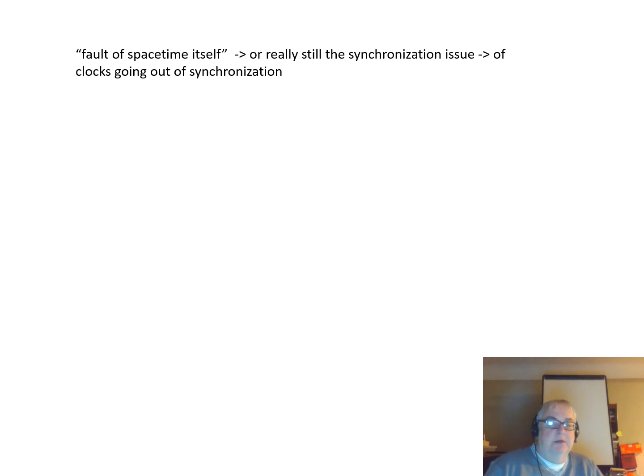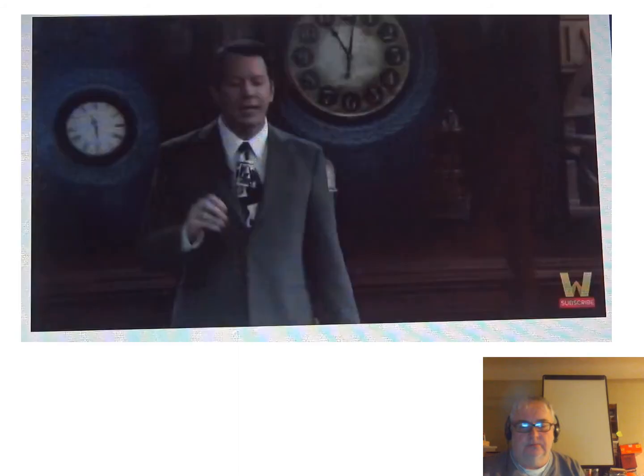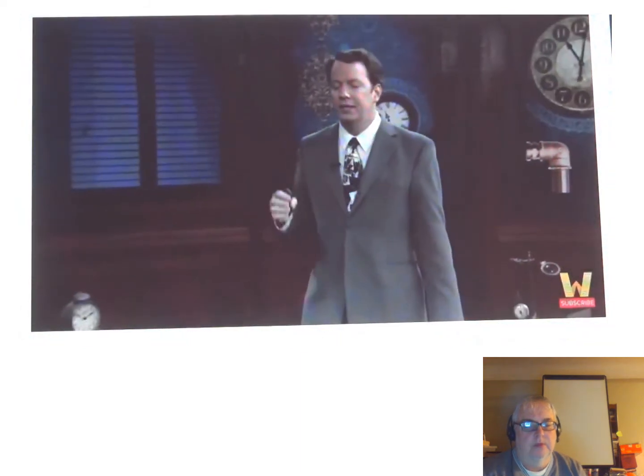Fault of space-time itself, or really it's still the synchronization issue of clocks going out of synchronization. This is the best way, I think, to conceptualize the difference between relativity, Einstein spacetime, and Newtonian spacetime. If you send out clocks following different paths through the universe and bring them back, they will have measured different amounts of elapsed time. If you're on a spaceship yourself and you're not firing your rockets or anything, you're just